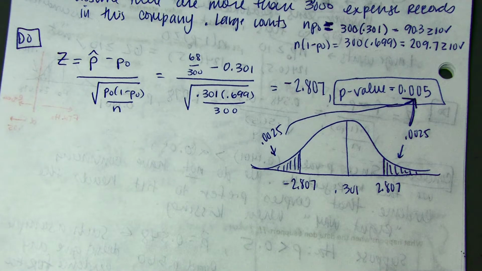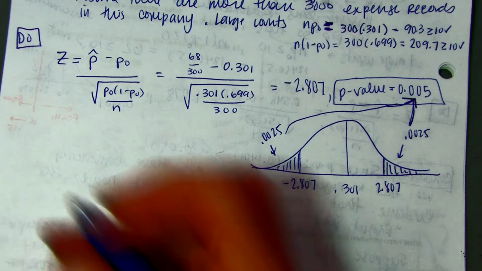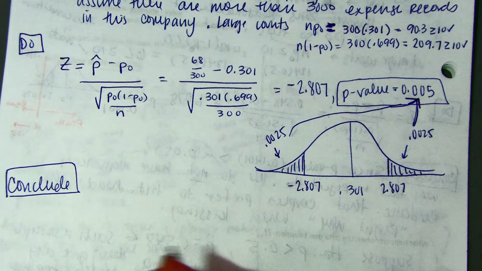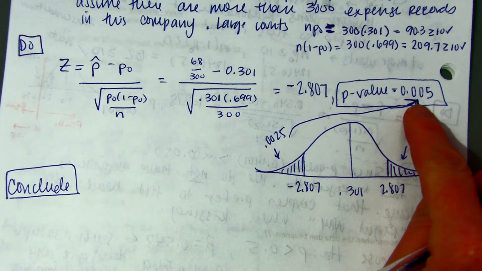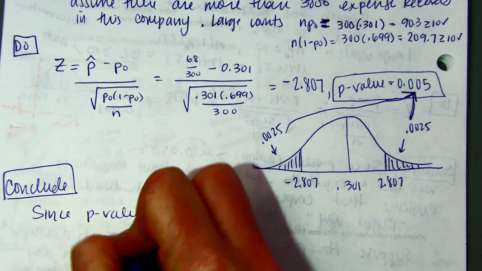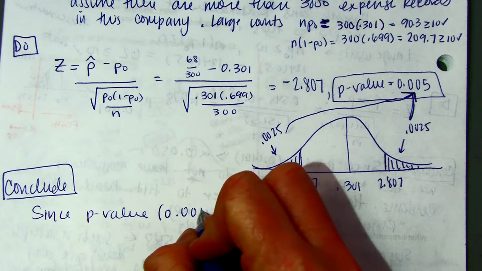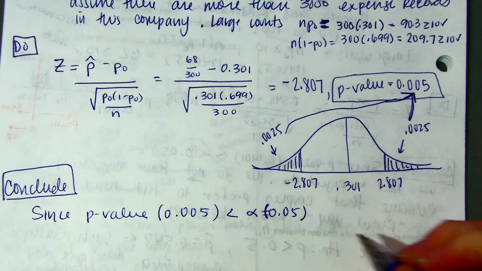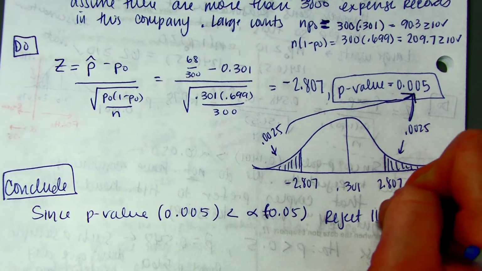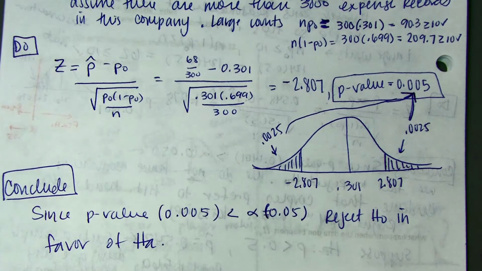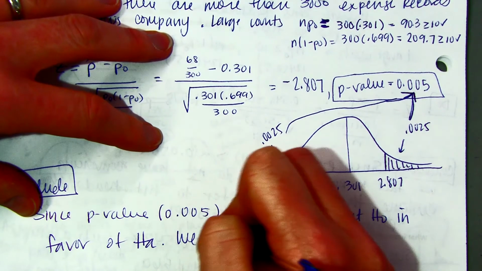Okay, so then how about rejection? Well, the p-value, conclude. So our p-value, 0.005, is less than 0.05. Since the p-value of 0.005 is less than alpha, which was equal to 0.05, then we reject the null hypothesis. And I like to always do this in favor of the alternative, just to remind me what's going on. If we're in favor of the alternative, then that means we have convincing evidence